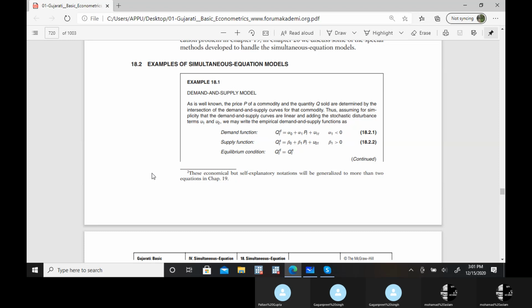So first today I'll take up the problem with these simultaneous equation models, and then tomorrow we will take how we estimate parameters if we have this particular situation of simultaneous equation models. Before that, what are simultaneous equation models and what are the specific problems with these types of models?